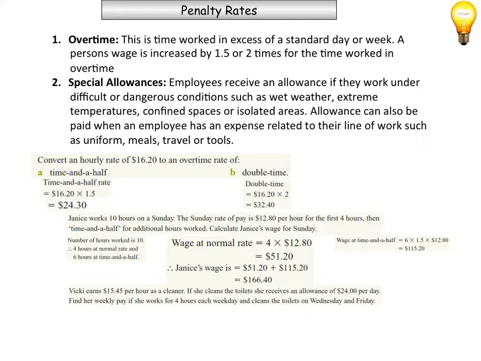So again, we need to split this up. So her normal pay is $15.45 times the 4 hours she works each day times the 5 weekdays, so that gives us $309. And she also gets a toilet allowance on 2 of those days, so it's 24 times 2, which gives $48. And then finally, to work out how much she earns for that week, we just need to add